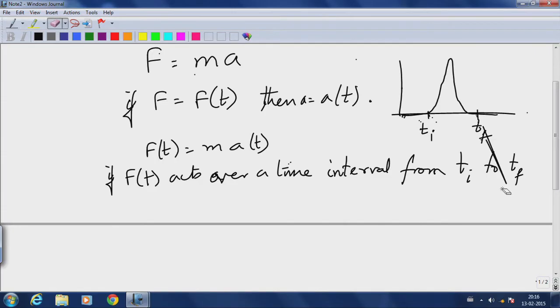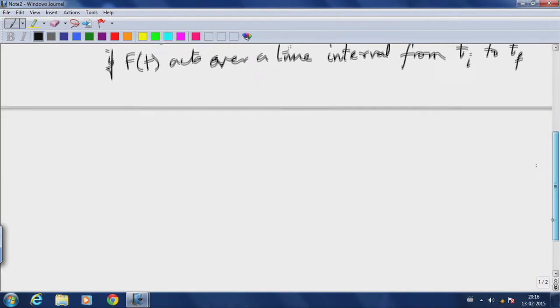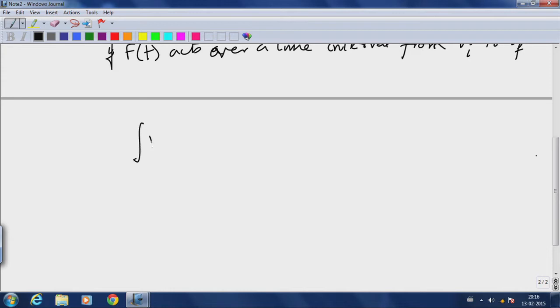I want to understand the action of this force. Then the simplest way would be to write this in an integral formulation,